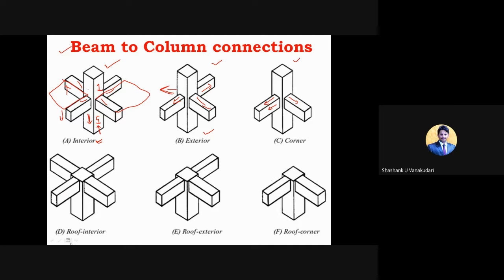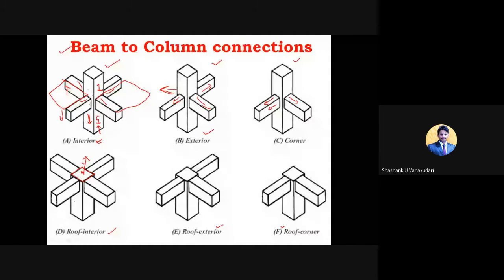And then here the roof interior means this is the last floor that we can see, so no additional column sections can be seen after this part. Here also, the roof interior is similar to this top. We can see three different types of connections: roof interior, roof exterior, and then roof corner. The same thing we have seen from one floor to another floor, this is at the end floor. Here various connections will be there from column to beam, so we'll study those connections now.